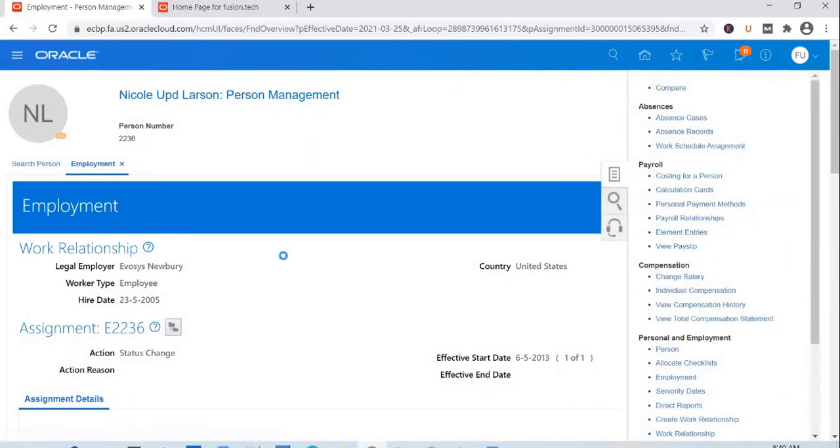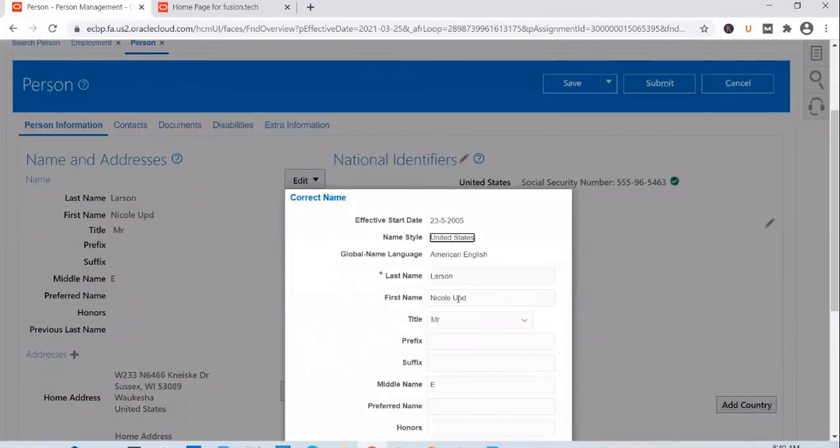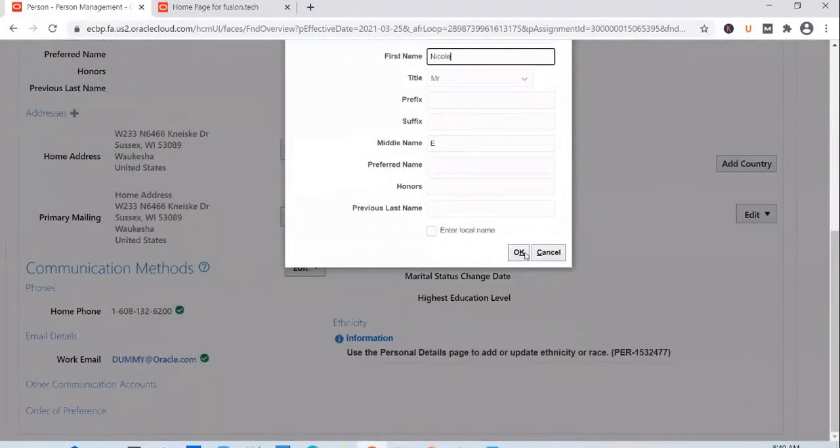Edit the person details. Correct or update, both are fine. Change this first name, remove UPD from the first name, change it back to Nicole. Click OK.